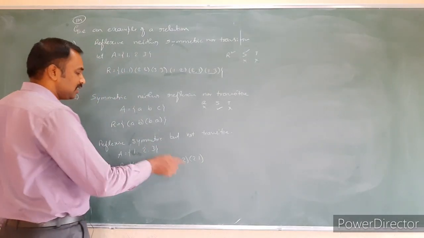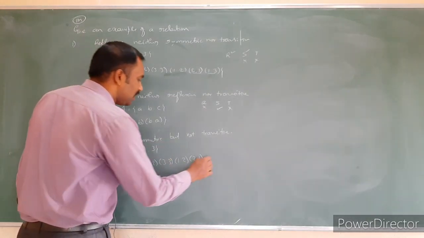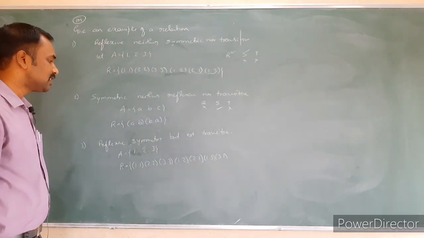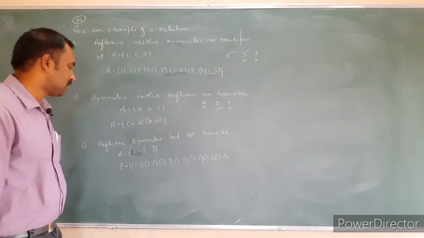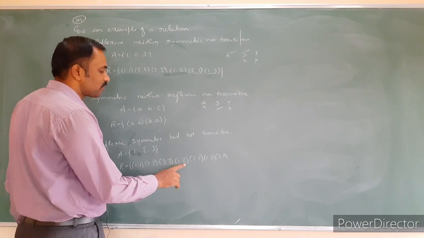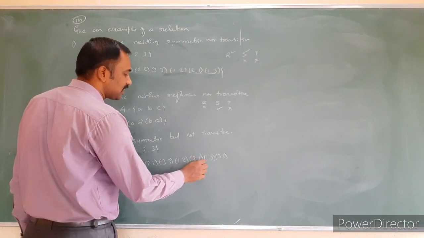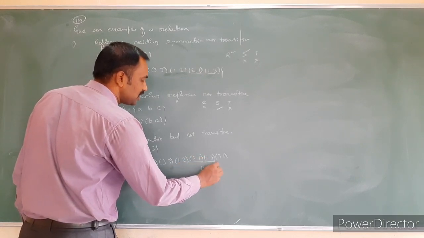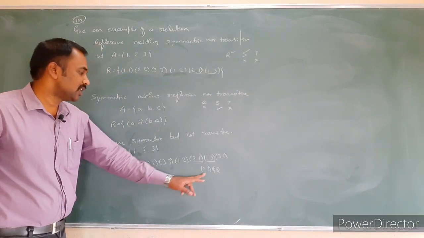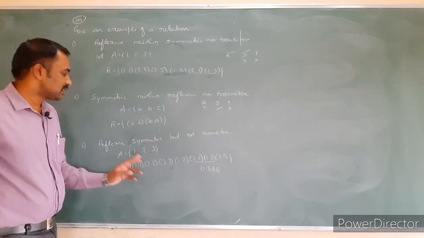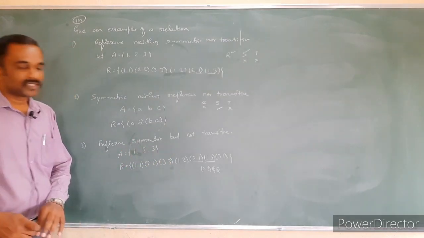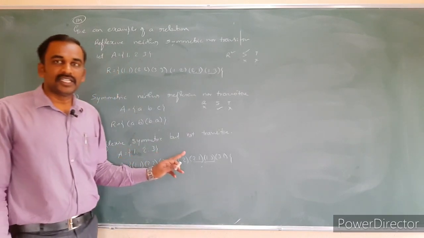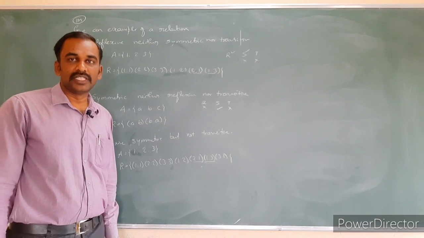Yes, it satisfies the transitive so far. Then again I write 1 comma 3 and 3 comma 1. Here, does it satisfy transitive or not? Check it. Reflexive is satisfied. I need to check the transitive. Check 2 comma 1, 1 comma 3, A comma B, B comma C. Does 2 comma 3 belong to the relation? It does not belong to the relation. Therefore it fails in transitive. Obviously it satisfies symmetry, nothing to worry. So this is the required relation which satisfies reflexive and symmetric, but not transitive. This is how we have to give the examples.